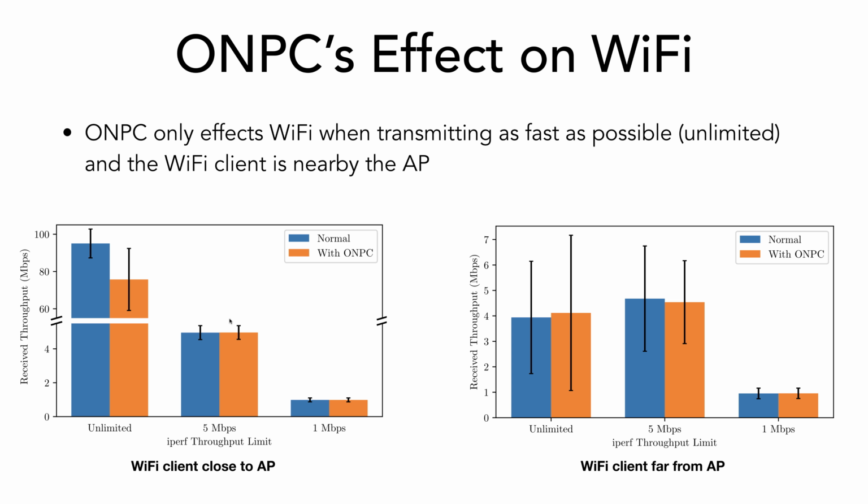Here, why using unlimited, why you don't see it drop really at all, is because the loss on the channel and the lower data rate of what Wi-Fi can support is the limiting factor here, not ONPC. And so that's why even on an unlimited from far away, you're not seeing a drop. It's because ONPC is actually having little effect. It's the loss on the channel and the other things that are having a bigger impact, and so you can't see it as much. Yeah, so that's the effects of ONPC.